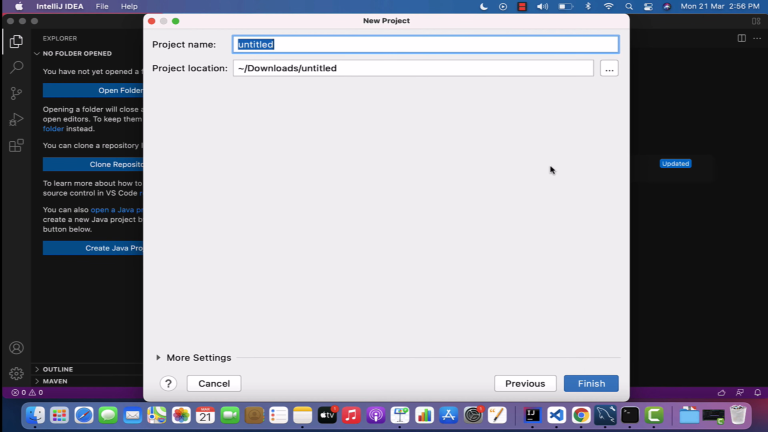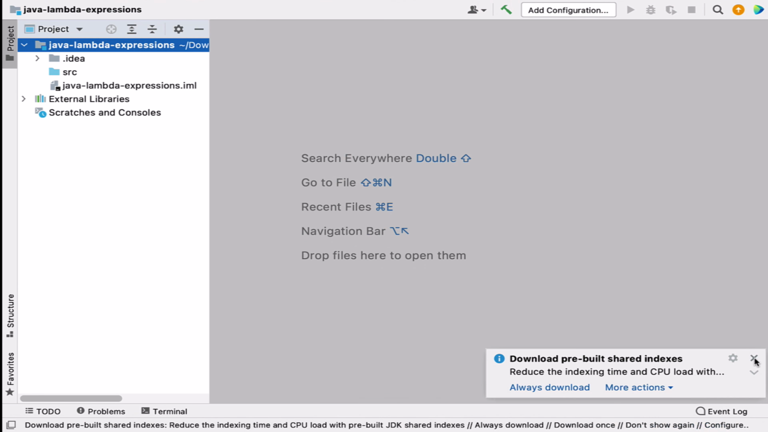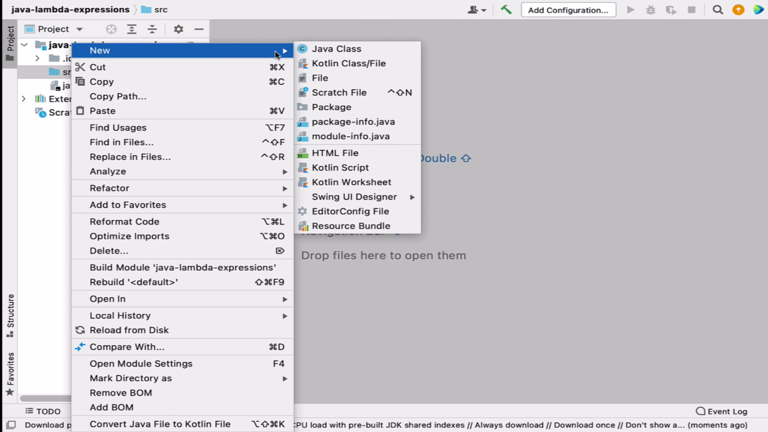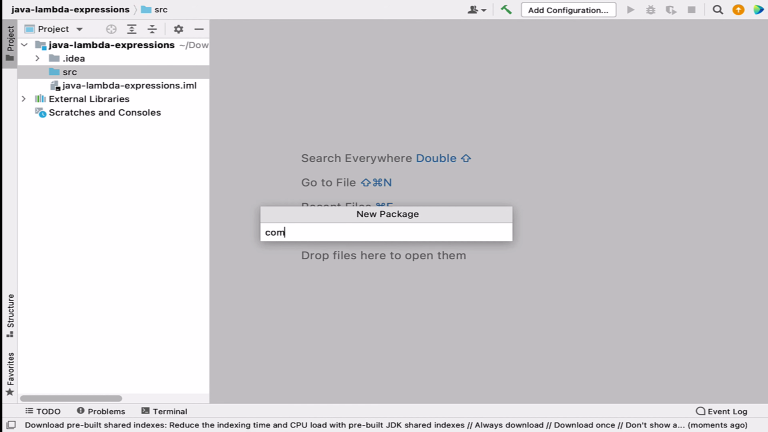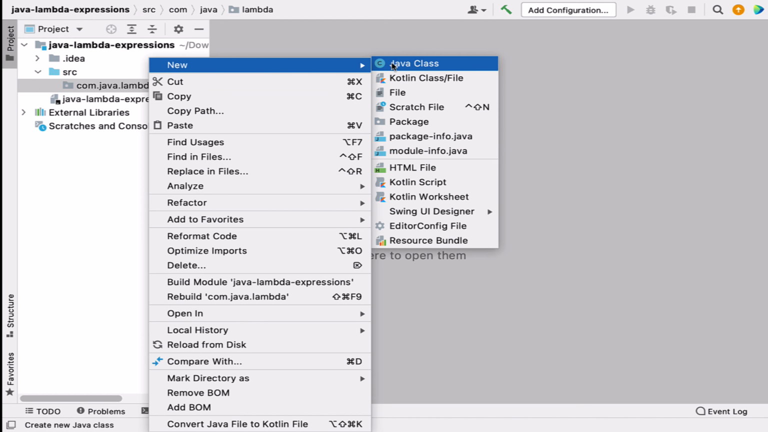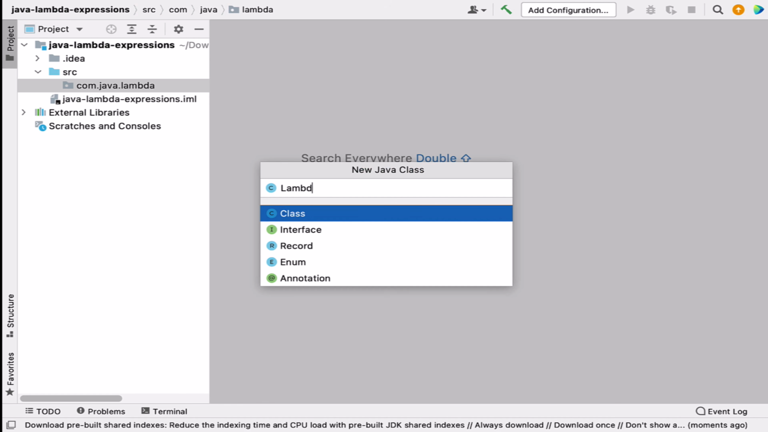Here you need to provide the project name. I'm going to provide a project name something like Java Lambda Expressions, and you need to choose the project location over here. In my case, I'm going to locate this project in a downloads folder. So go ahead and click on finish. Alright, let's create one simple package. Go to the src folder, right click, new, and then choose package. Let's give the package name something like com.java.lambda, hit enter,